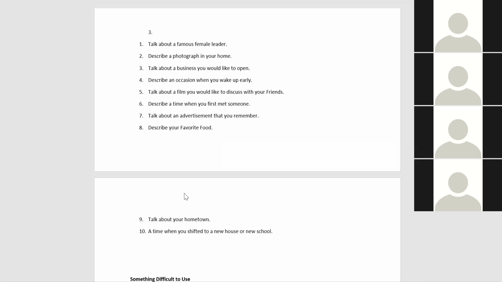You get this cue card in the exam. So what are you actually going to talk about, that photograph in your home? What sort of photograph is it going to be? It could be a family photograph, or some religious god or goddess photograph, or maybe just a scenery or landscape, or something you bought from a photographic exhibition, of some natural wildlife or something. It could be any, but you have to fit them all into the story.